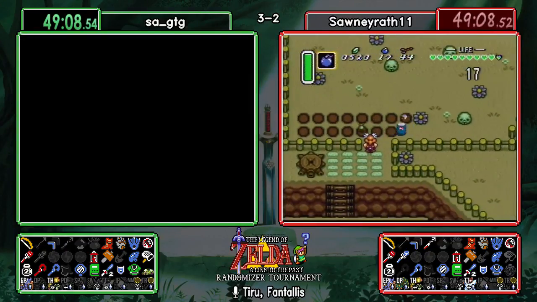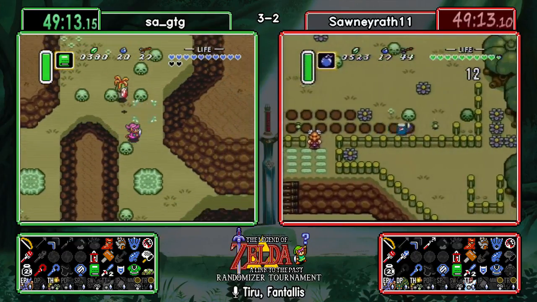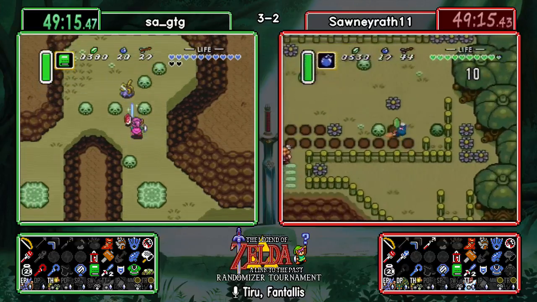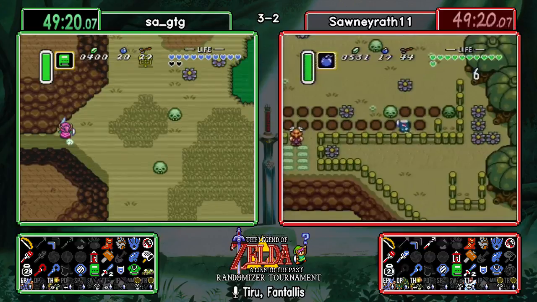See, here's the problem. What do you need to beat pod? You need the lamp, technically. You need the hammer. You need the bow. And you need Dark World access. And all of that stuff is going to show up at some point in the game. And so, like,